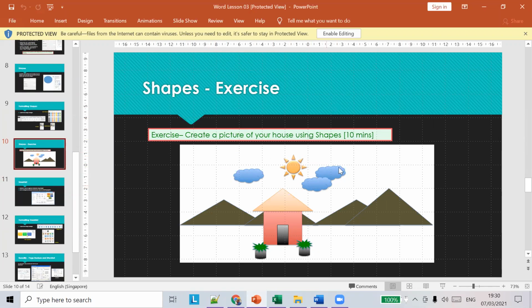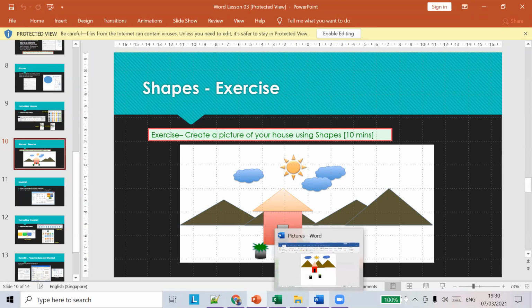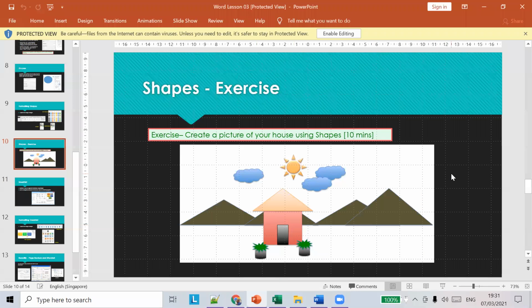Okay, so we saw how to draw this scenery using this Word file. We just use images and some formatting to do it. We saw how to change colors for the picture, how to bring it to the back and bring it to the front. We saw how to copy all those pictures, and how to find the appropriate image. So we saw all those options. So yeah, this is how you draw a picture in Word.